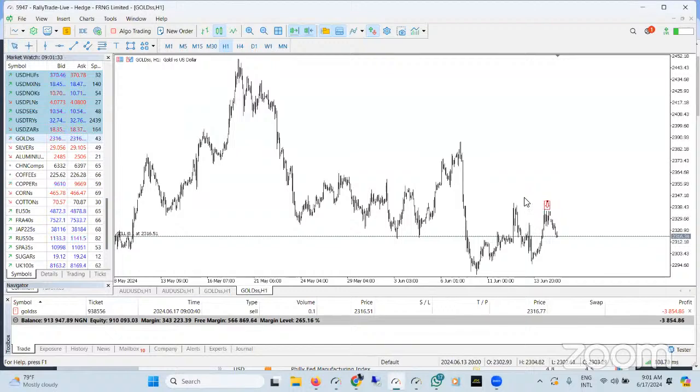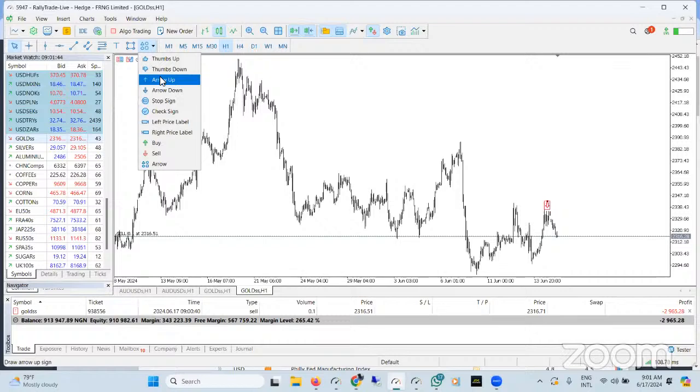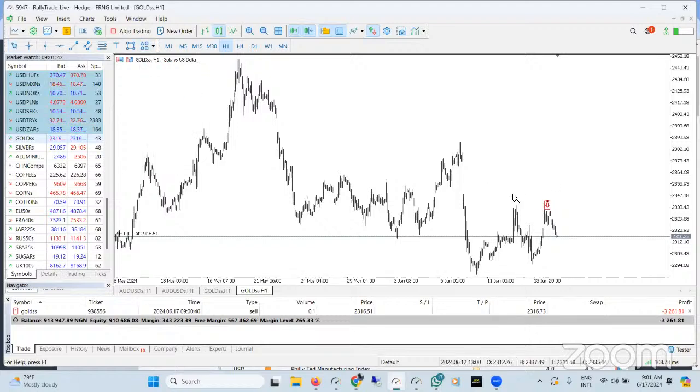Let me just copy this. Sorry, I'm just trying to copy this guy. He doesn't want to move. Okay, let me use another one. I just wanted to copy the arrow, don't mind me. Arrow down. So there's another structure right there. Then there's another structure right there, and another structure right there, right? Maybe there, and then maybe there. So you can see all those places I put arrows, right? Those are areas of structure.